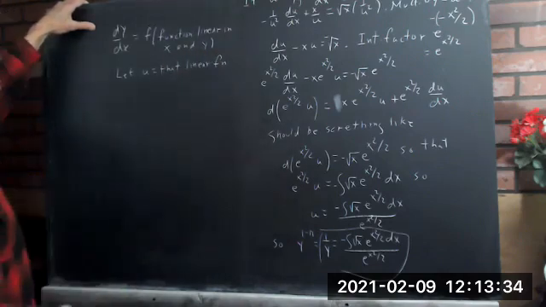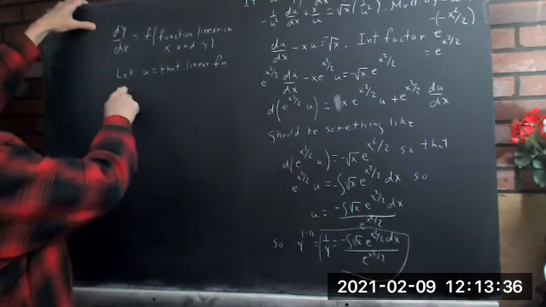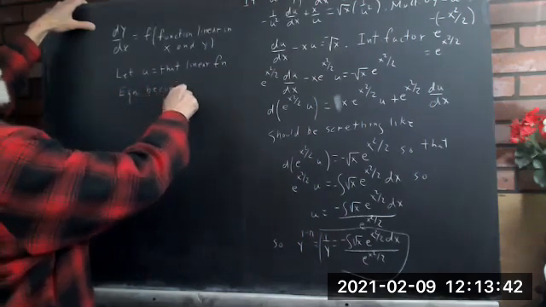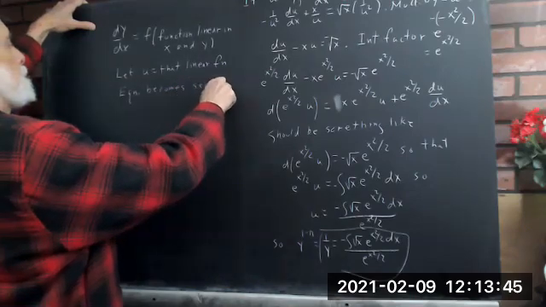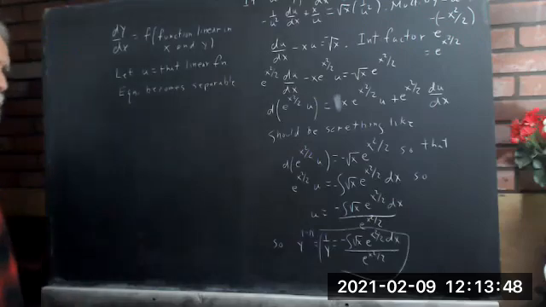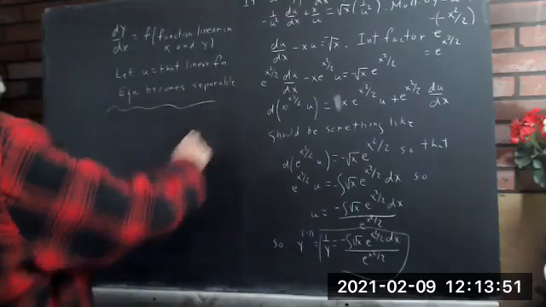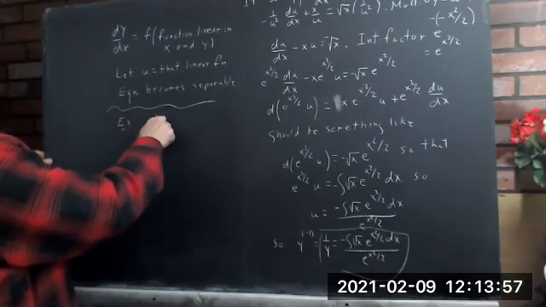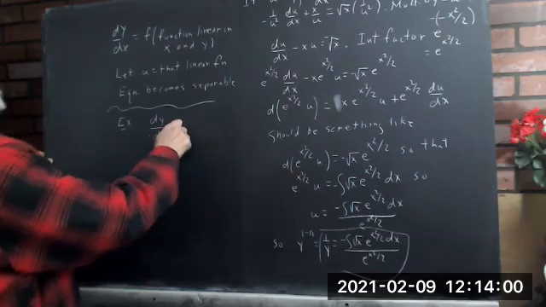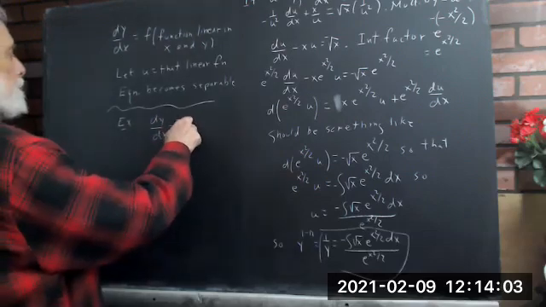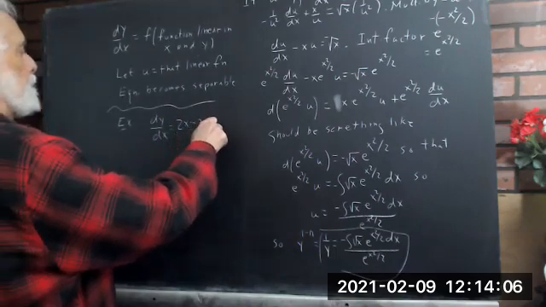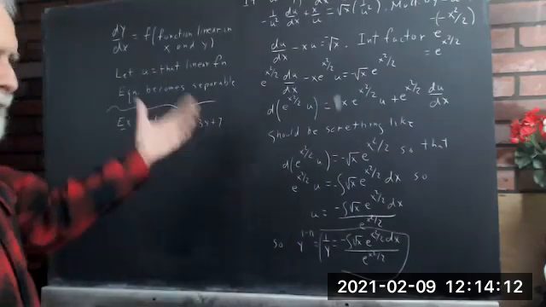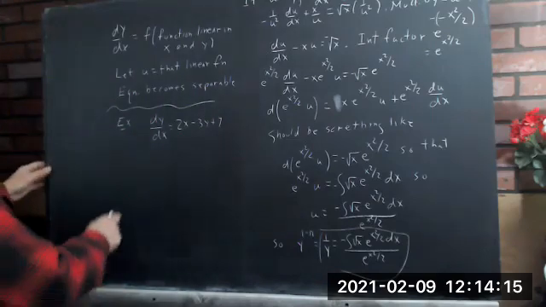Let u equal that linear function. And your equation becomes separable. Example: dy dx equals 2x minus 3y plus 7. It's not the least bit separable. But let u